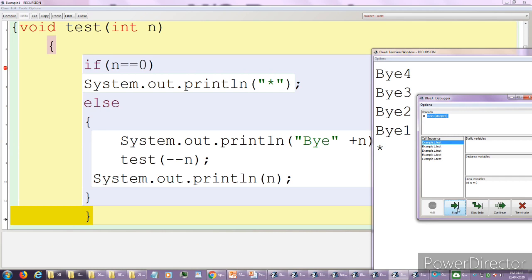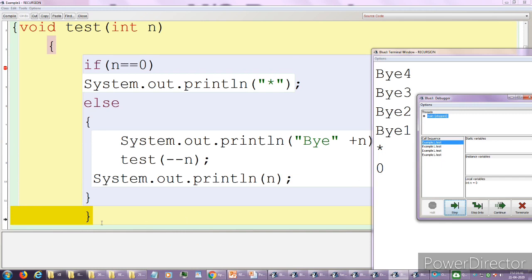So now if I click on the next steps, you can find that this yellow mark is being highlighted on System.out.println. So what value will it print? Just tell me, what is the last value of this n? Can you remember the last value of n? The n was 0 there, because n minus 1. So we can find that 0 is printed there.